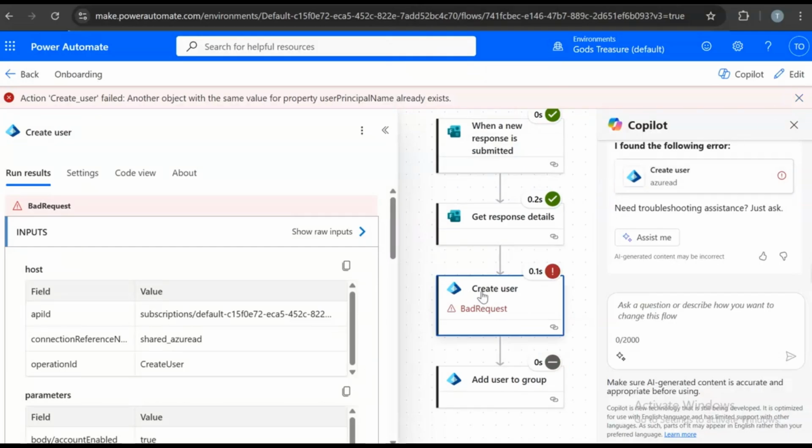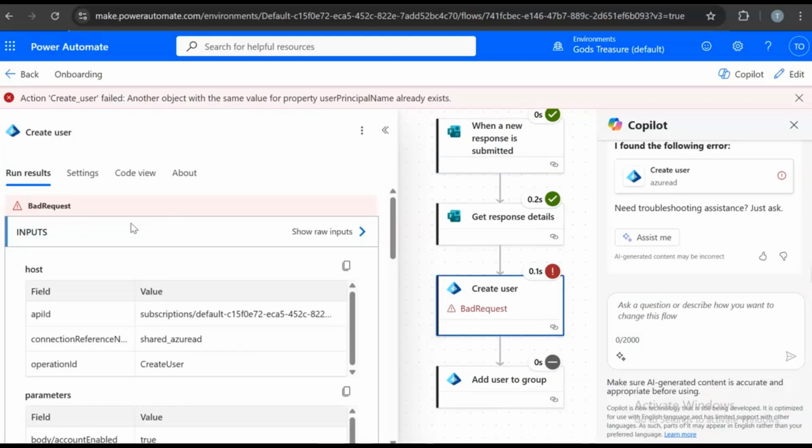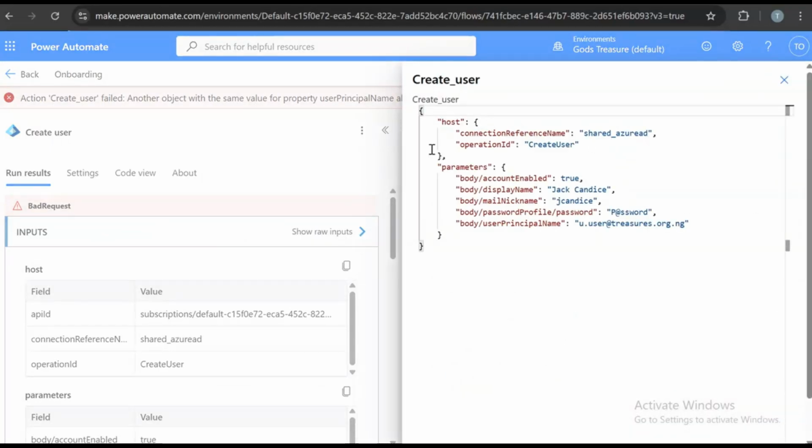So I came to see how to resolve that. You would just look at your code and see what exactly it is. Now if you look at this, I see the inputs. You will see that okay, there's a Jack Candice here. The mail nickname is giving us J Candice. This is the password, but it was giving us that same